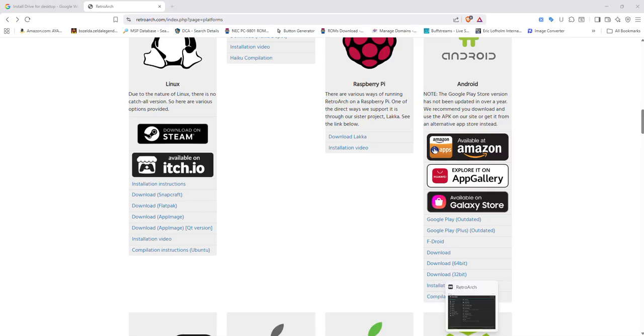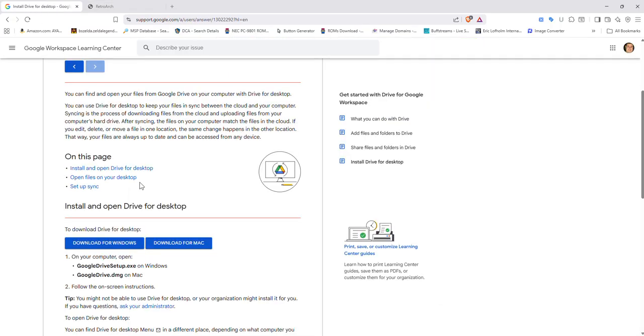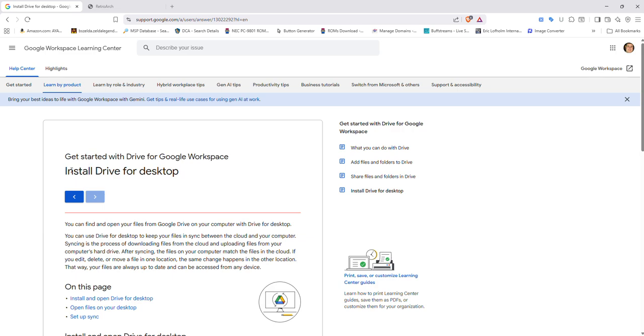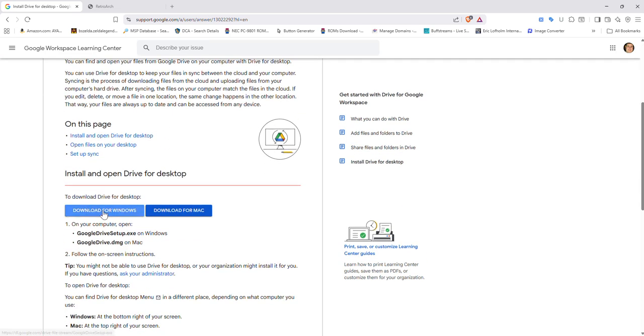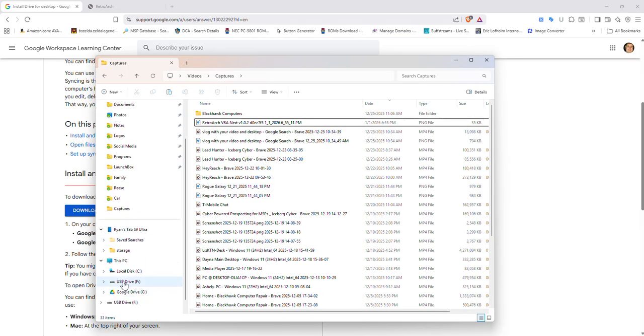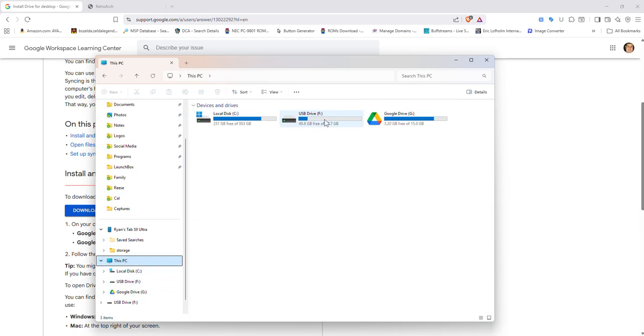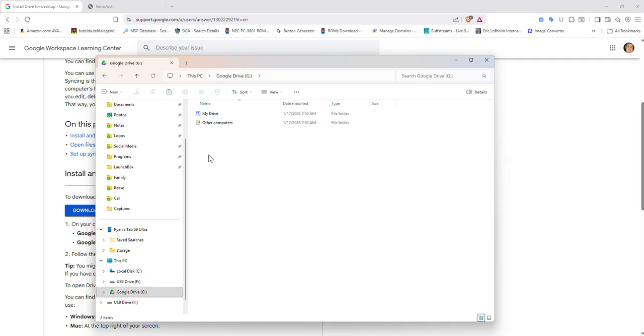So what you want to do is install Google Drive for desktop. So you download for Windows, run that installer, and just go through the motions. And then you're going to see a G drive here. So you would want to go into your G drive and My Drive